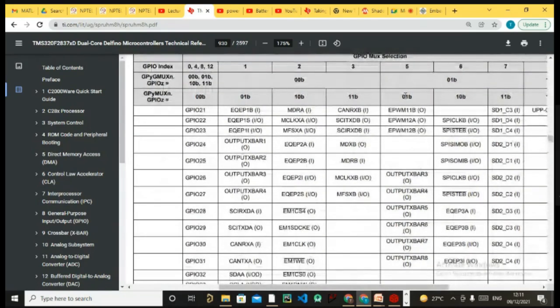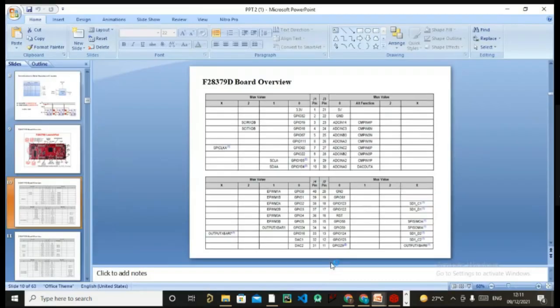From this table you can see if you are selecting your Gmux as 1 and you're selecting your normal mux as 0, 1, you can as well select EPWM 11B and EPWM 12A, 12B as GPIO 21, 22 and 23. So if you have your GPIO 22 and 23 with you, which you can see from here, like GPIO 19 is available to you, then